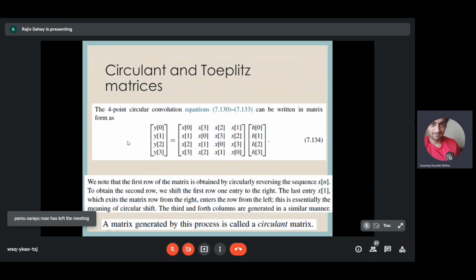So that happens when you do linear convolution. In linear convolution, you don't have the modulo n operation. So that is why you get a Toeplitz matrix. But because of the modulo n operation, you are doing circular shifting of the sequences. Therefore, you get a circulant matrix in circular convolution. So with this statement, I will end the course.